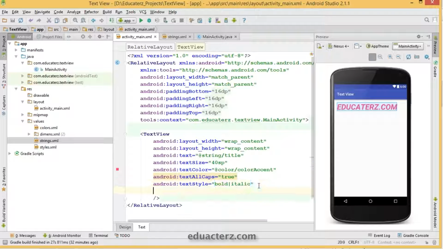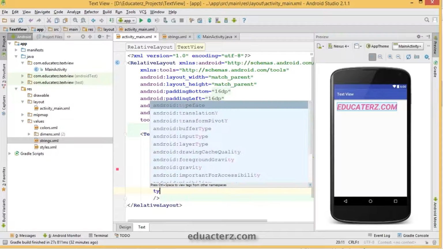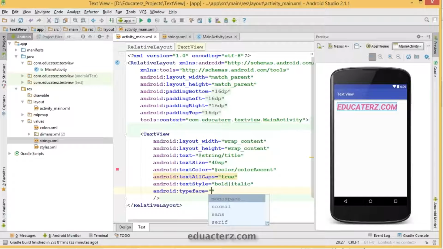So the next thing is typeface, where you give what type of font you would like to go with. By default normal will be there. You can change it to sans, serif, and monospace. I would prefer to go with serif so that we can observe some change here. So change it to serif, and that has been changed automatically. Even like this, you can set your maximum width also.